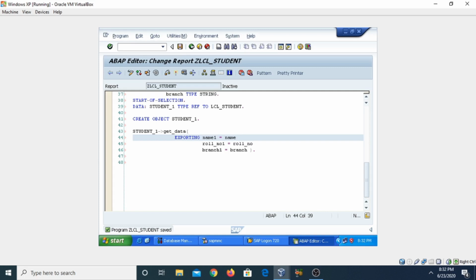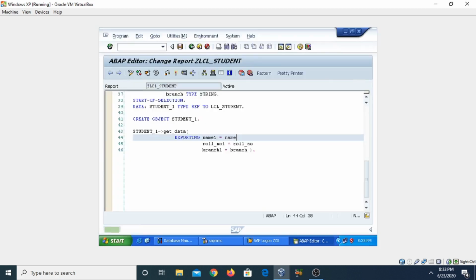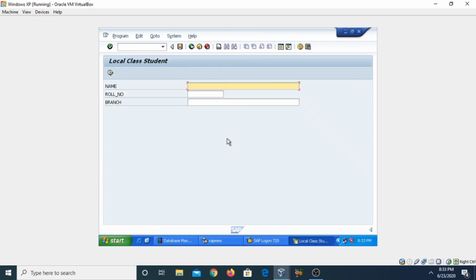Now save it and check for the errors. Syntactically correct. Activate the program, and then execute. Now you can see it is asking for the name, so I am giving the name Ajay Dureja, roll number is 07, branch is CSE.